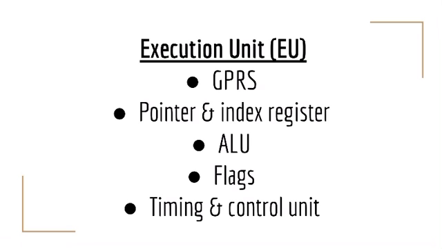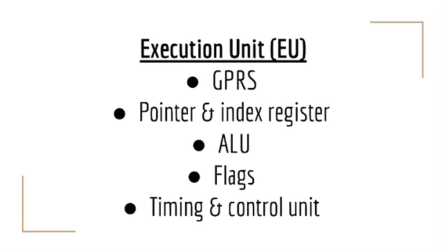And next we have the execution unit, which is EU. What does this execution unit do? It is used to tell the bus interface unit where to fetch the instruction or data. It decodes the instruction or executes the instruction. So this execution unit tells the BIU to decode the instruction or to execute the instruction. This is the main function of this execution unit.